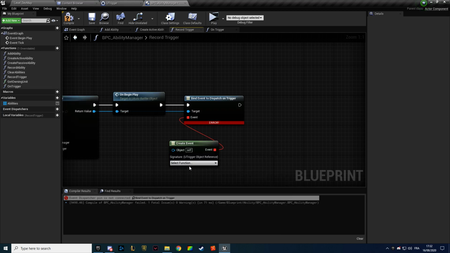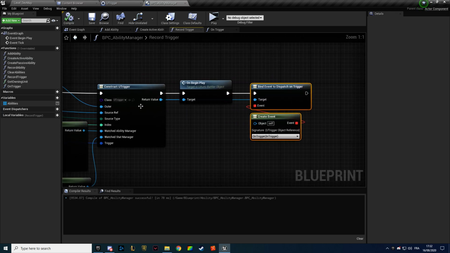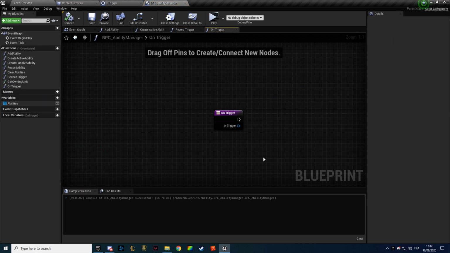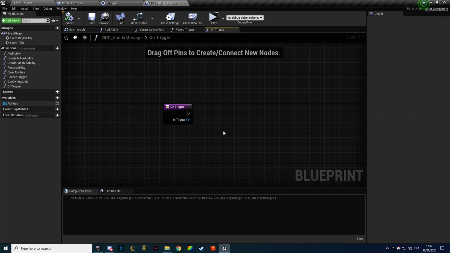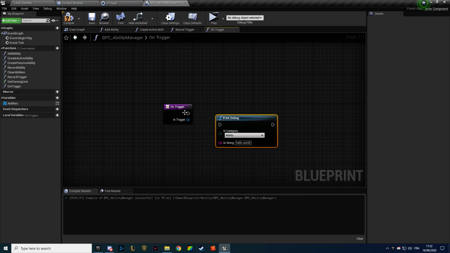We're gonna create an event here using on trigger, which we just created. So when we create a trigger, we say that when this trigger calls its on dispatch on trigger event, that function is going to be called. And that's where we want it to be, because in here, if we print something,